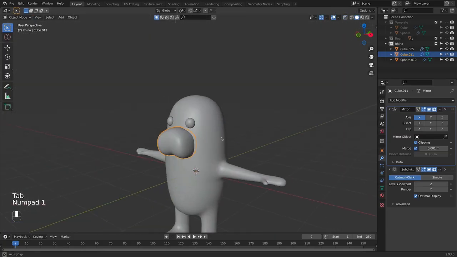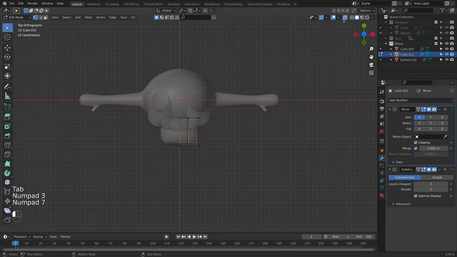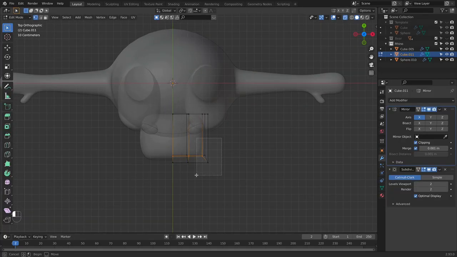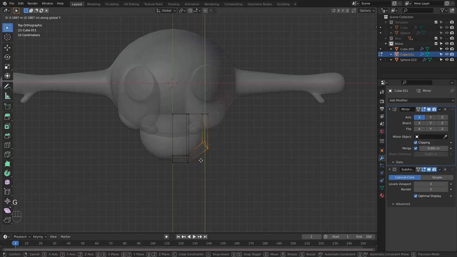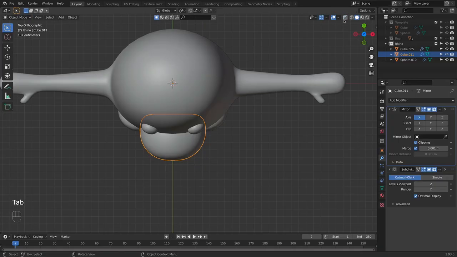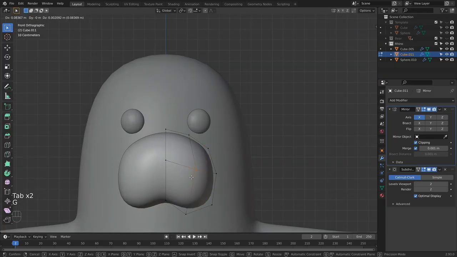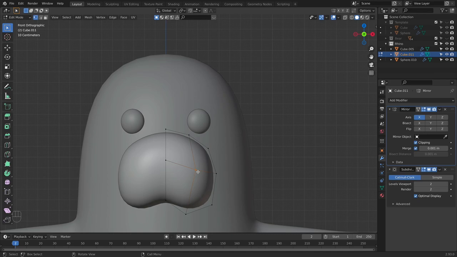Let's go and see how it's going to look like. So here you can see that we need to go in top orthographic view, and here I'm going to return this a little bit back to make it a little bit rounded like this here. And now I'm going to go in front orthographic view, and here we are going to create a nose. So we can select this vertex here, and by holding Shift, Ctrl and B we can bevel this out to